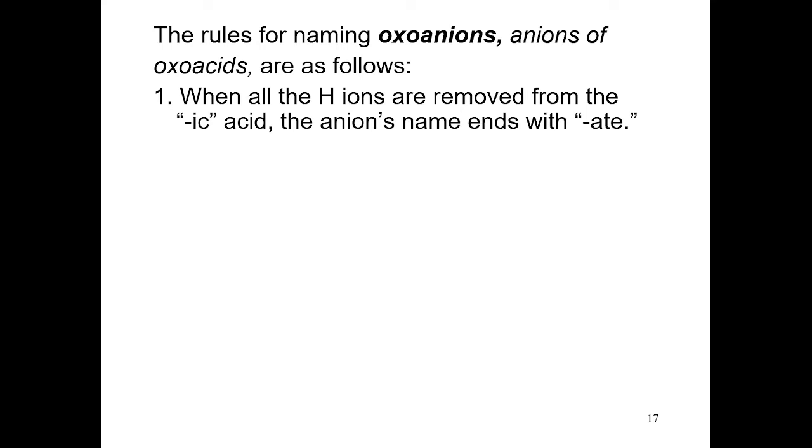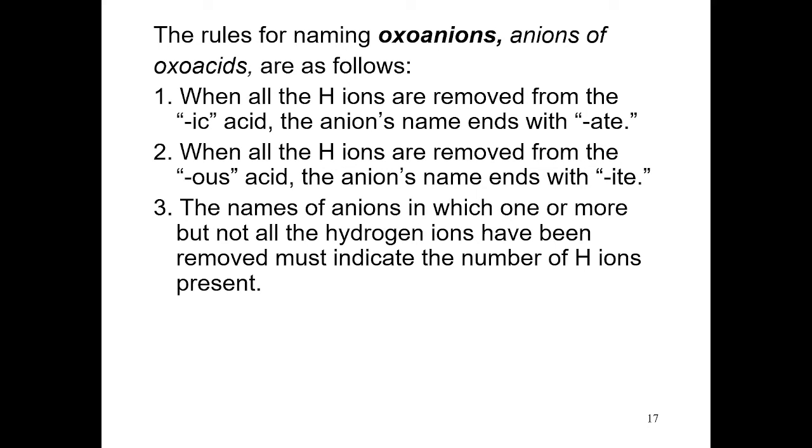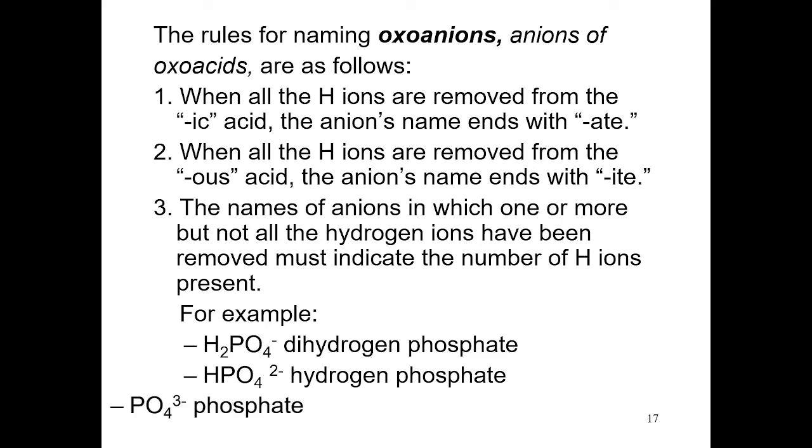So when all H ions are removed from -ic acids, the anion name ends with -ate. And when all H ions are removed from the -ous acid, the anion name ends with -ite. And the names of an ion in which one or more, but not all, hydrogen ions have been removed must indicate the number of H ions present. For example, if we have our phosphate,